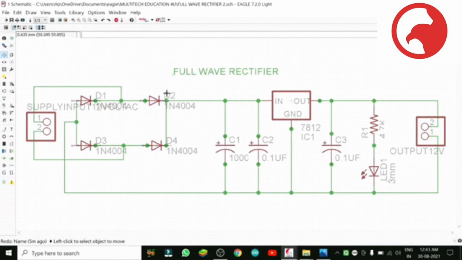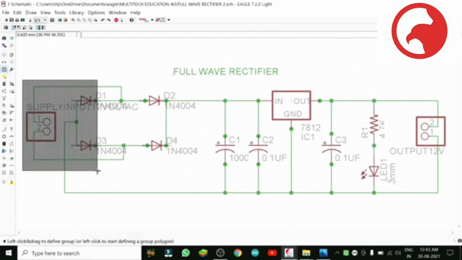There is no mark now, I have come back. Now the marks will come in front of every name, value, so that you can change them accordingly. Just click the move button. So now you see what I will do. I will select the group symbol. You see my cursor. Select it and select all the circuit.